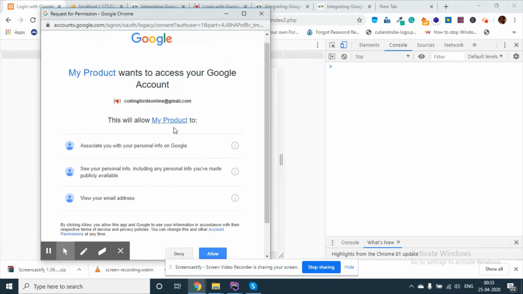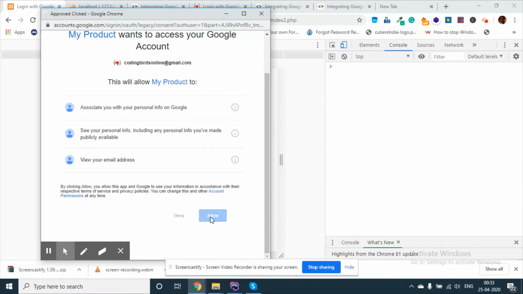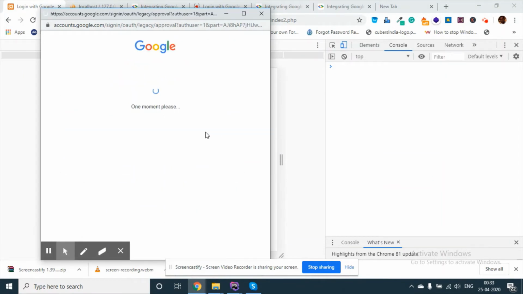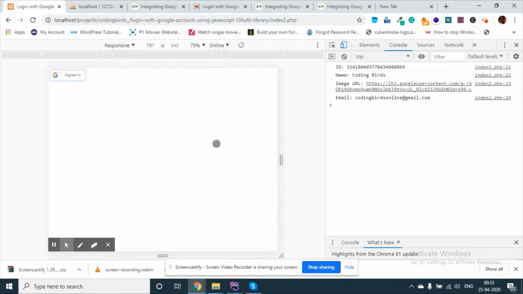This is asking for the permission. See, we got this information: ID, provider ID, name, profile pic URL, and the email ID. We will store this information in our database.